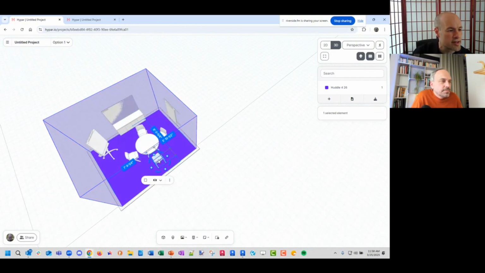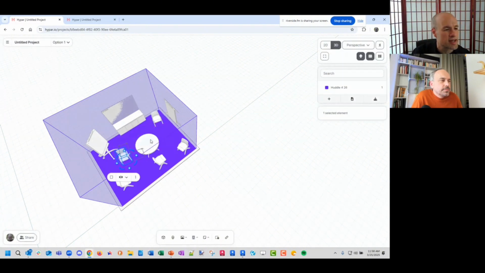And this is all editable, right? I could still move these around and rotate them and do this kind of thing. So let's make something noticeably different, and then we'll come back to this project and I'll show you some other stuff. I'll make a copy of the chair. Okay. So something different from the space we brought in.